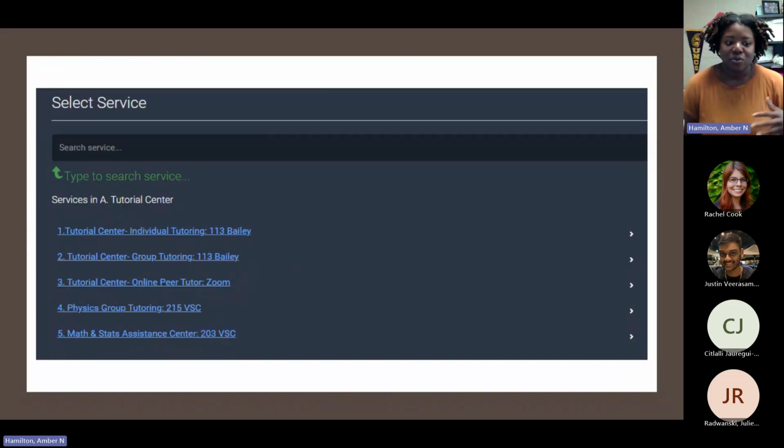And so when we got Accudemia, at first it was a little hard to do that because students don't know that they're signing up for a particular group session. But here we're able to number them and make it clear to students, this is what you're signing up for, this is where it's located, and then hopefully you can find the tutor or group section that works best for you. So within this past year, we're able to do individual one-on-one tutoring that we offer to